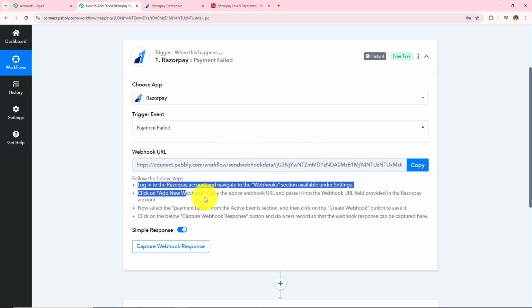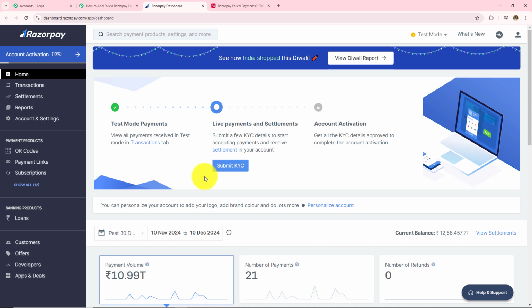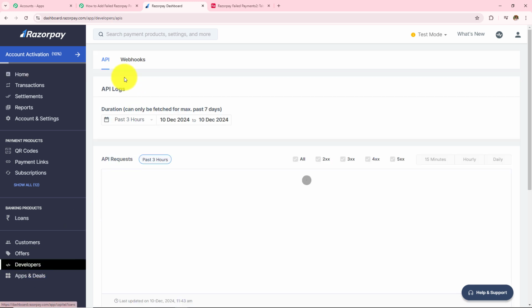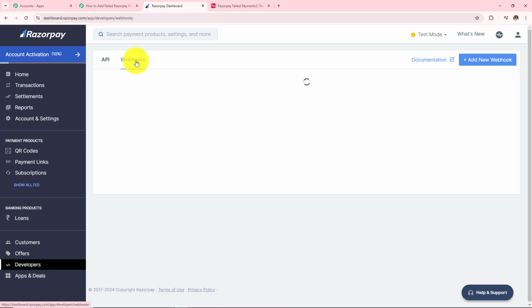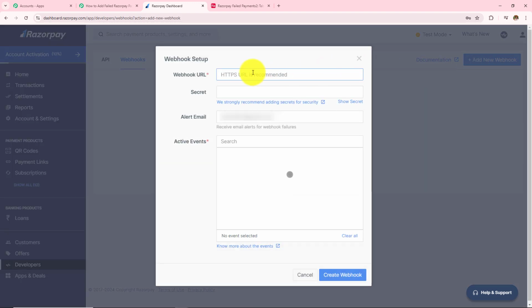So now reading this help desk, I am going to make this connection, and to make this connection, let's open my Razorpay account. So this is my Razorpay account, and on the left hand side where I can see all these options, first I have to click on this developers, and then on the top I can see this webhooks option. When I open this, I can see this add new webhook, so I'll click on this,